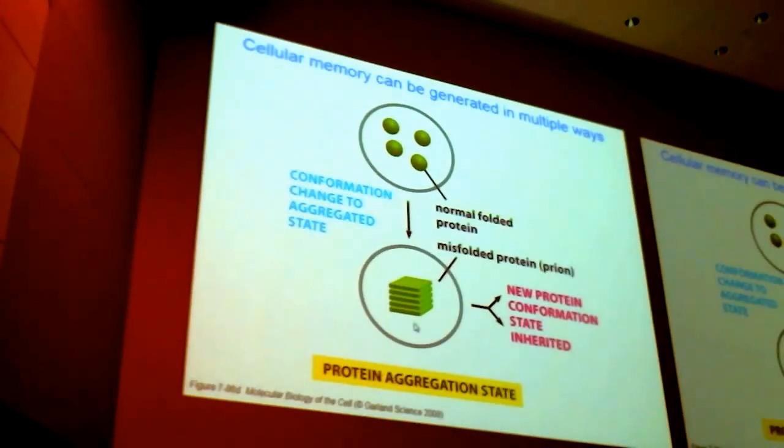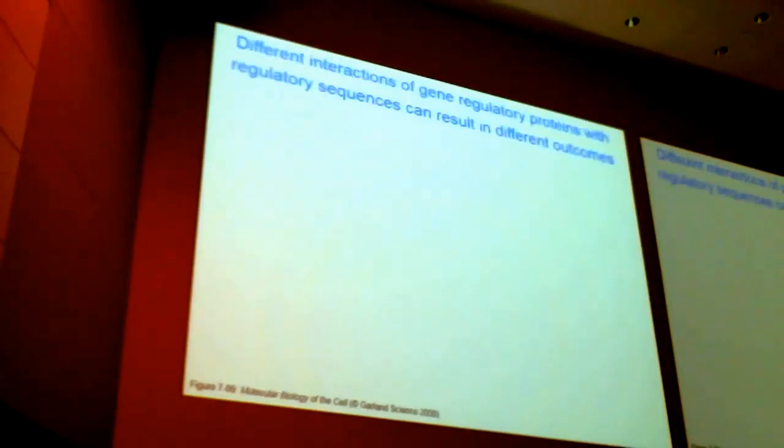sheets. So if these sheets now persist across cell division, doesn't matter what the DNA is. The DNA sequence can be exactly the same. But because these sheets persist across cell division, they will force the other proteins to take this protein aggregate state. So this is another way in which you have memory, and this is a form of memory that doesn't care what the DNA is, right? Because it's the protein itself that's remembering what's going on. Okay, so any questions so far on memory mechanisms per se? Good. They're just simple ideas, but you're just remembering what happened in one cell to the next cell division through